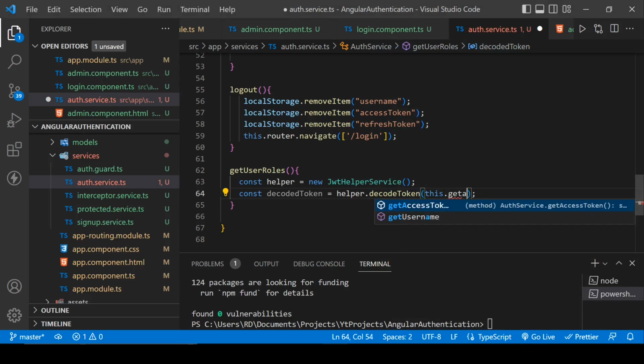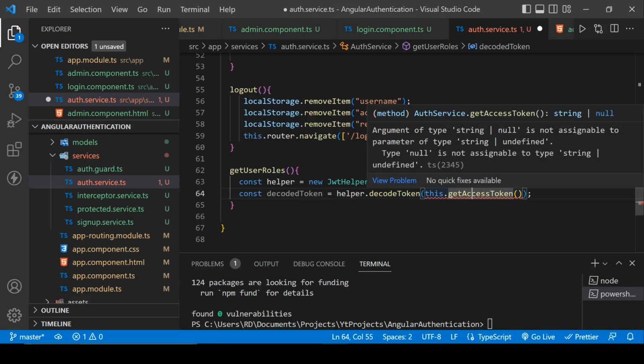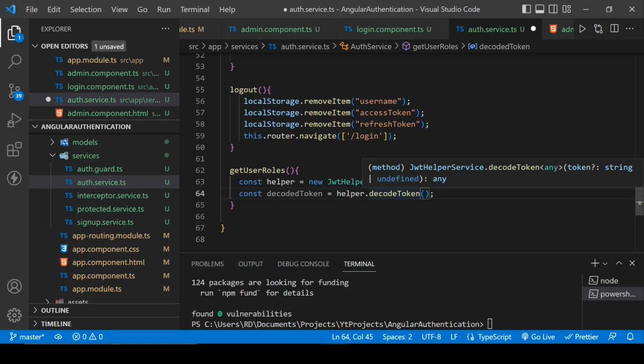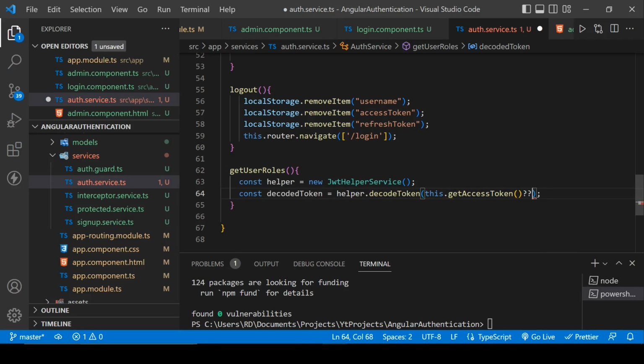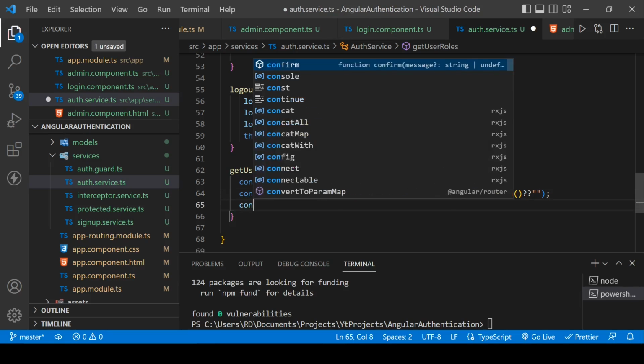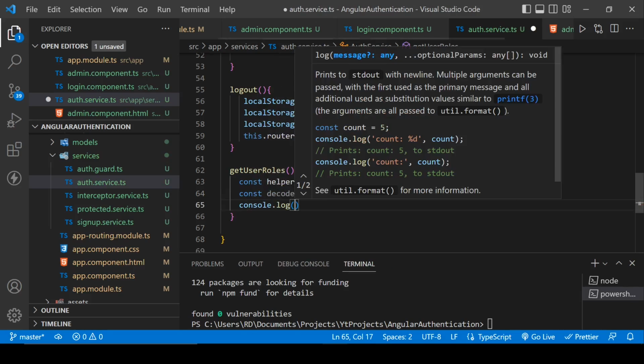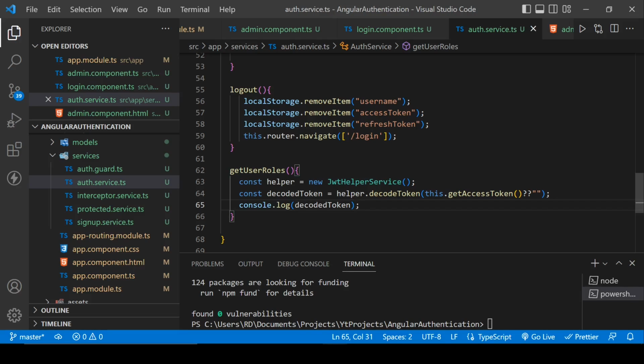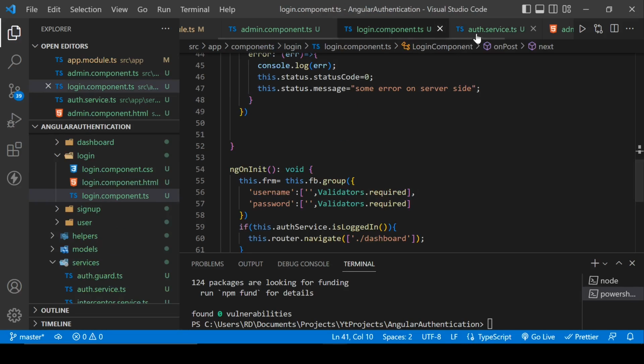So this dot get access token, and it is saying that it wants a string value. Okay, now let's try to log this value, decoded token,